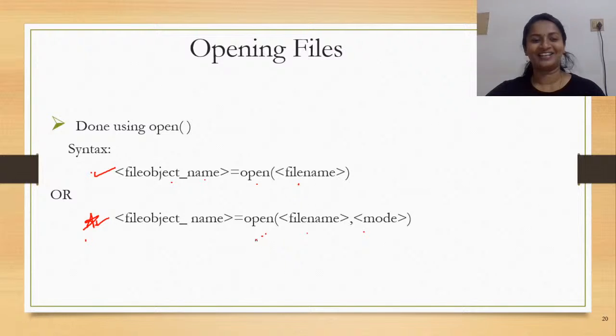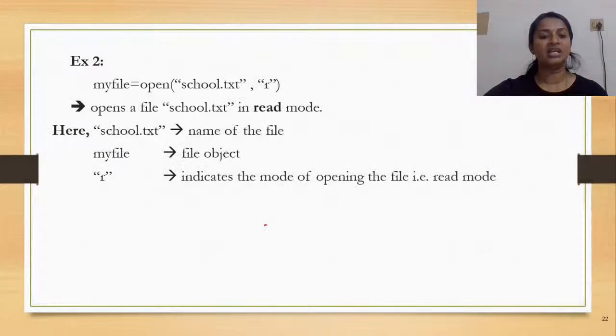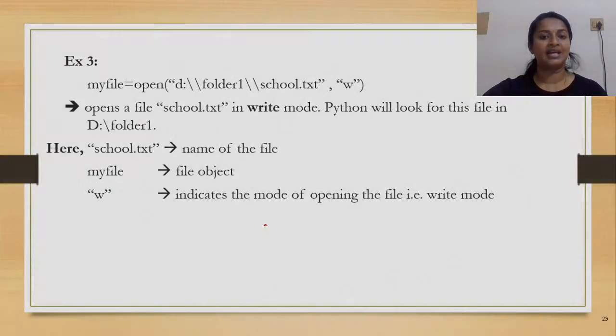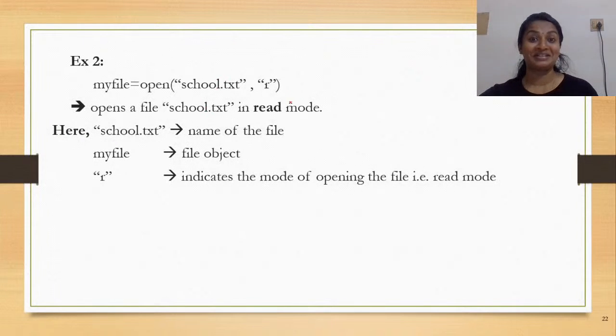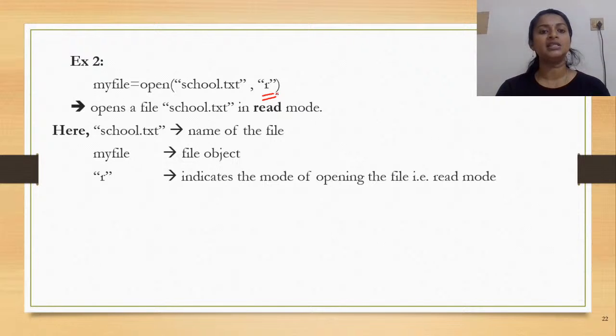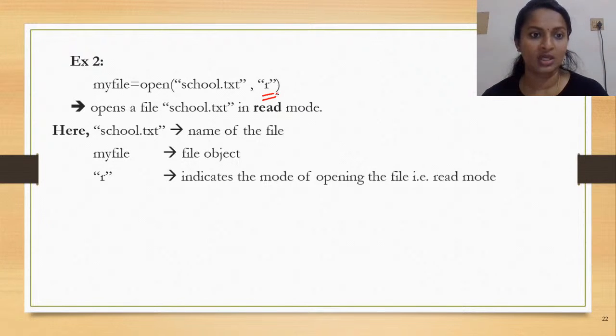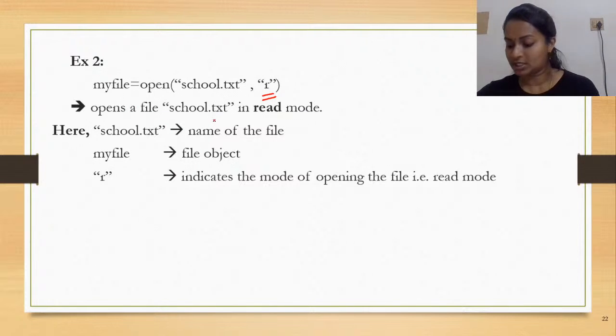Okay, thank you, Bhavana. So, see the second syntax, you would have both the file name as well as the mode, right? Now, what is the mode shown here? The mode is small letter r. Now, something you need to take care of is whenever you're giving the name of the file or the mode, everything has to be enclosed between quotes since they are strings. Okay, so here we are using double quotes. So it opens a file school.txt